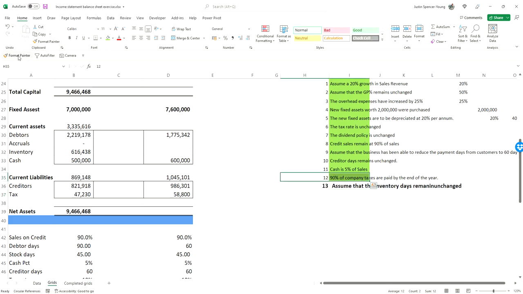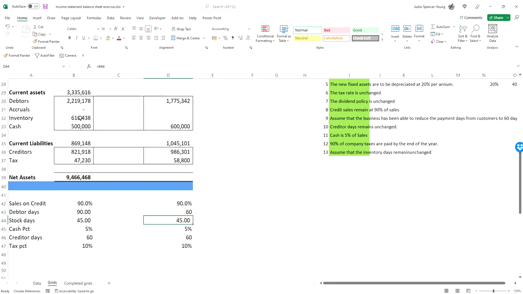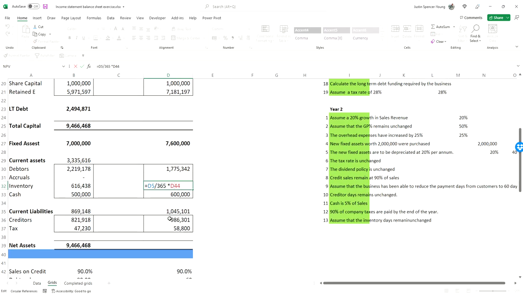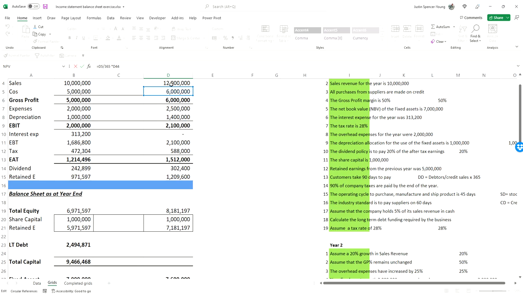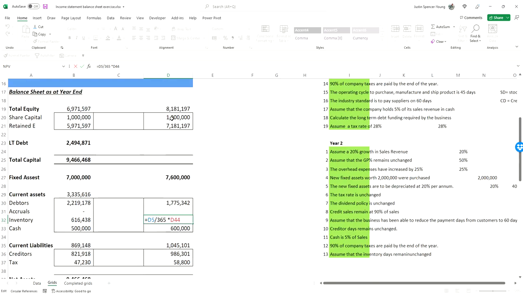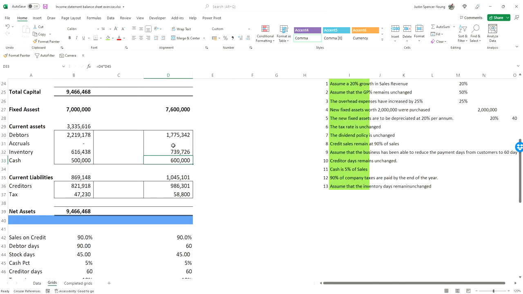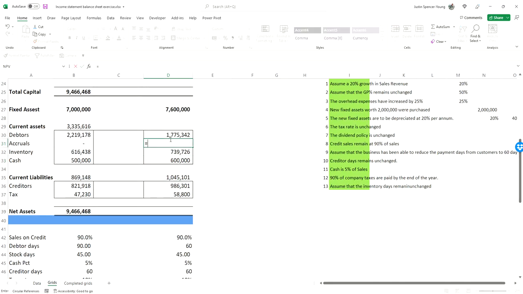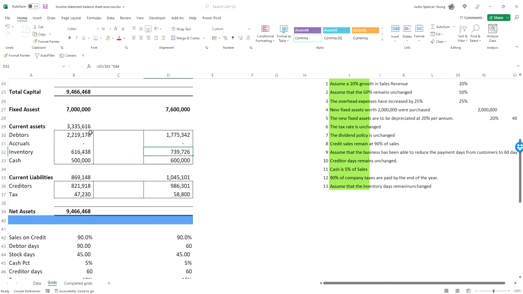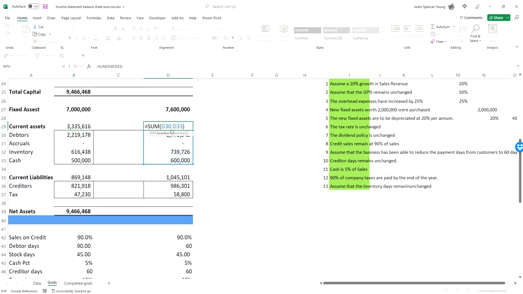Okay, and let's copy and paste that, and since we've made that 45, we can take that and paste it in there. All right, test it using 45 days. It should be taking the cost of sales up there. There we go, the cell in blue, and we have the inventory sorted. The accruals, I'm just going to leave that at 0. I can take the current assets calculation there, copy that, paste it there,